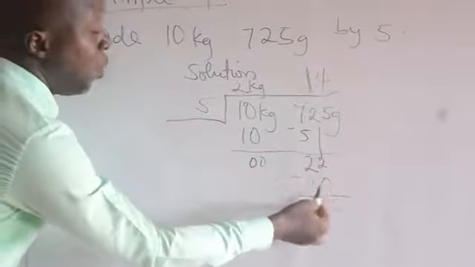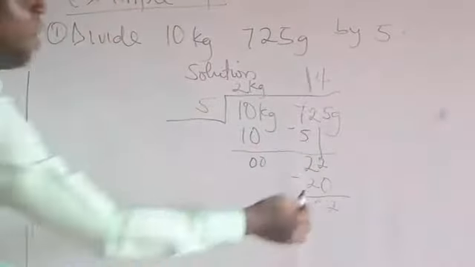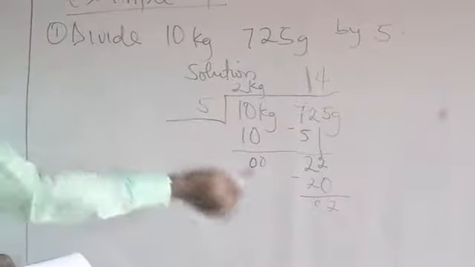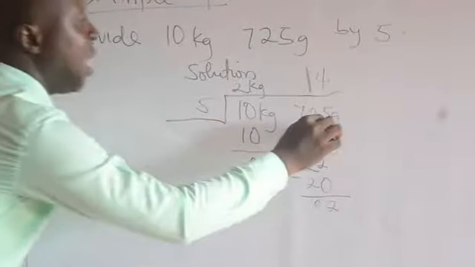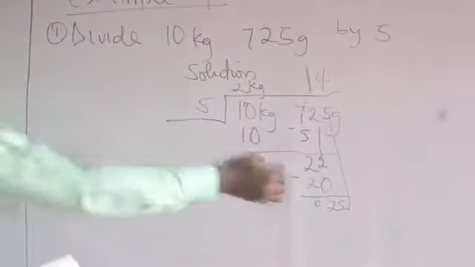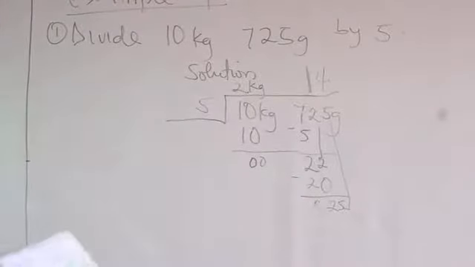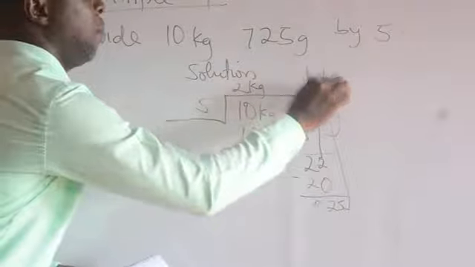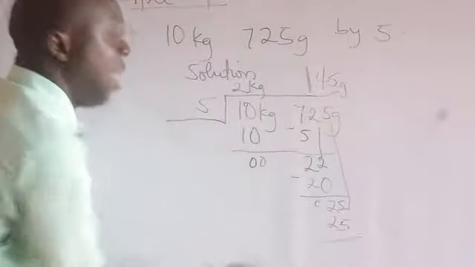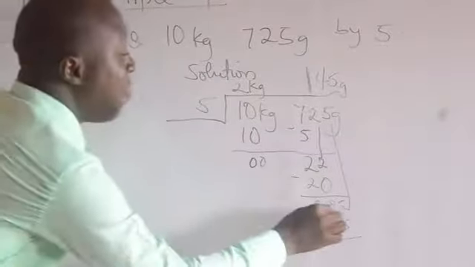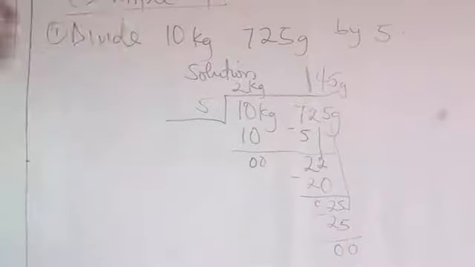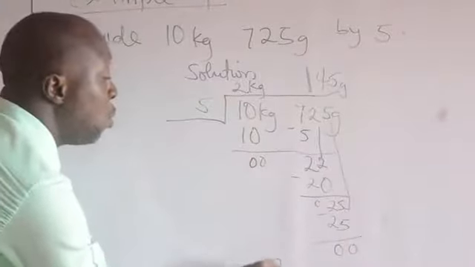22 minus 20 will give us 2. But these 2 cannot divide 5, because 5 is greater than 2. So we'll bring down the last 5, making 25. 25 divided by 5 will give us 5. So 5 times 5 will give us 25. And 25 minus 25 will give us 0. And 2 minus 2 will also give us 0. So our final answer is 2 kilogram